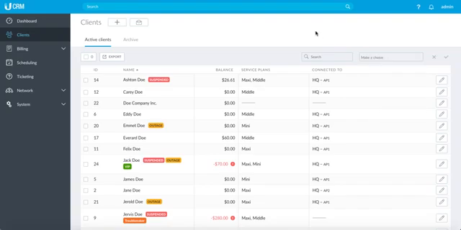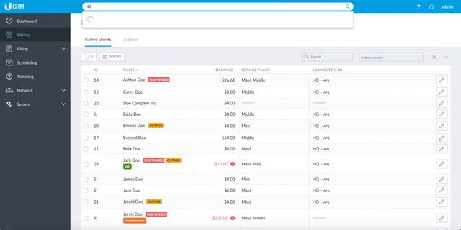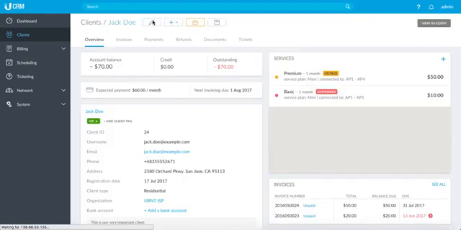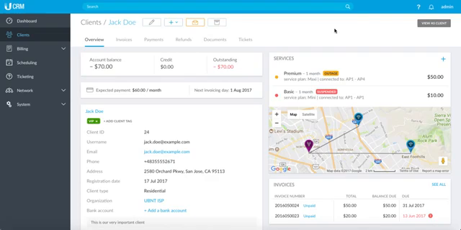Okay, so let's go and actually see an individual client's profile. So again, let's go up to the search bar, and as I said, we can search for this person with a name, with their ID, phone number. Let's search for the phone number. So I know for some reason I have this customer's phone number but not his name. Oh, and now I remember, yes, it was Jack Doe. So I click on him and it will show me Jack Doe's individual page with loads of information. So everything I need to see will be right here. We're gonna have his account balance, his, very important,